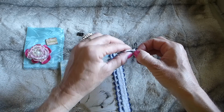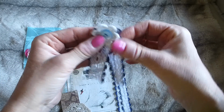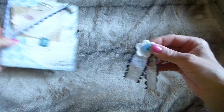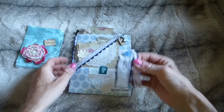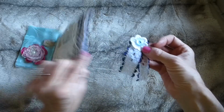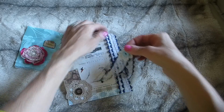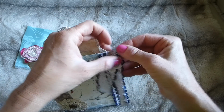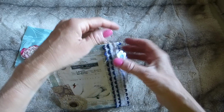of this packaging. And then this one, all stitched together, could just be attached onto a page in a journal. So literally just dab some glue on and that could just be stuck onto a page somewhere. So I thought that was quite a fun embellishment piece. I hadn't really made any like that before, so that was that, and that's just attached